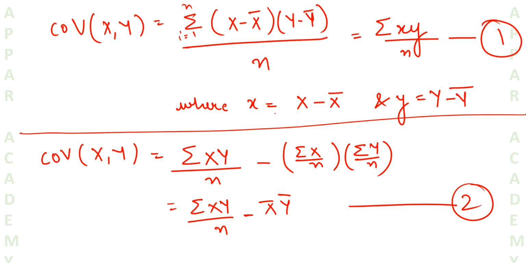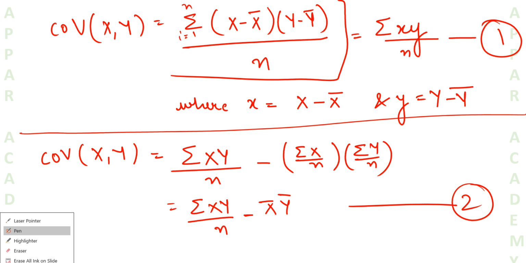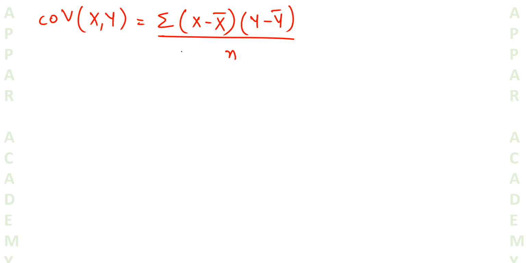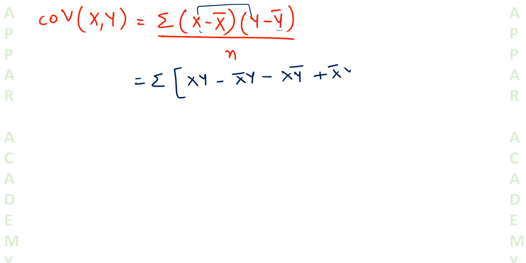Over here, see this portion. I'm trying to take this part and prove that this is the same as this other part. So I've taken this first part, and now let's expand it. I'm simply multiplying the inner parts: summation of xy, minus x bar y, that is multiplying x bar and y, then multiplying x with y bar, so it becomes minus x y bar, plus x bar y bar,